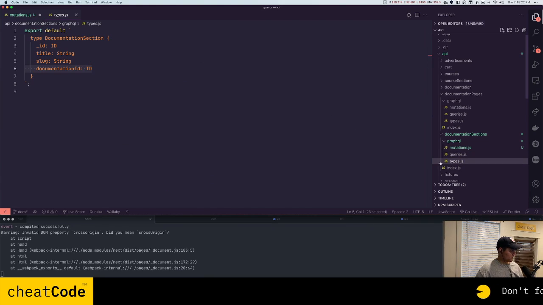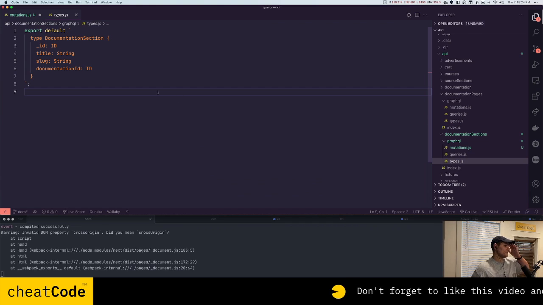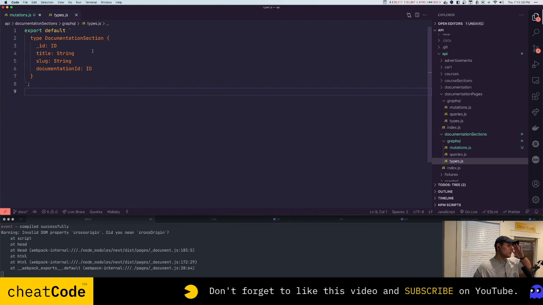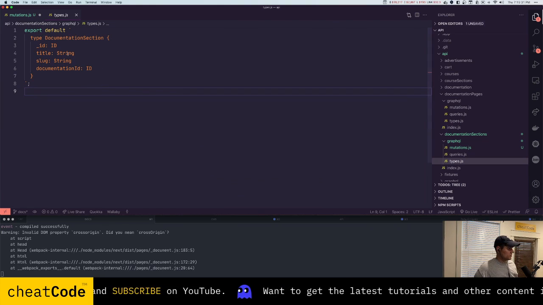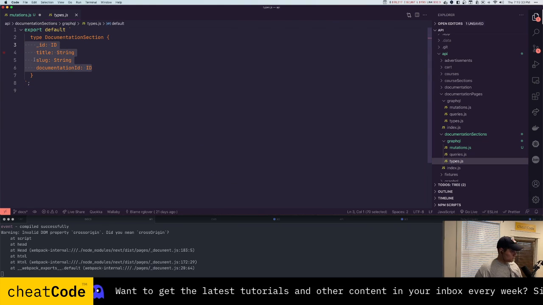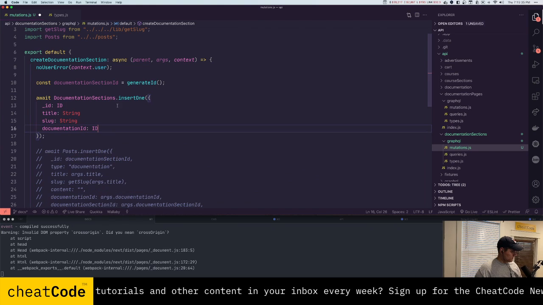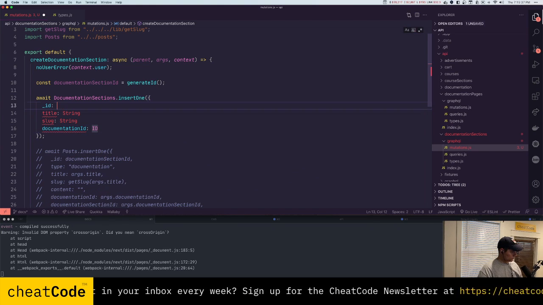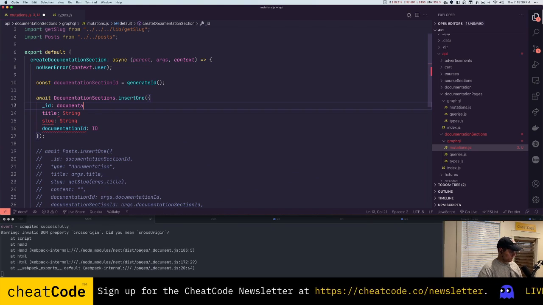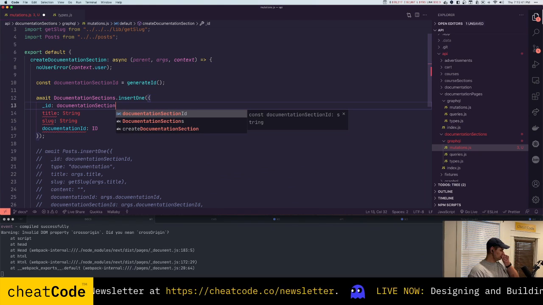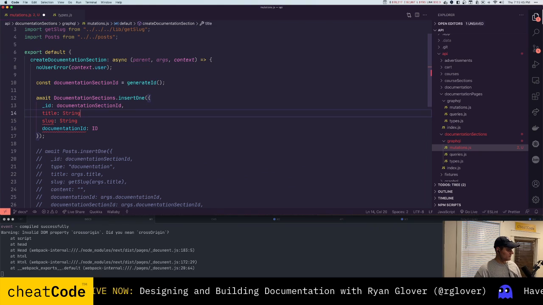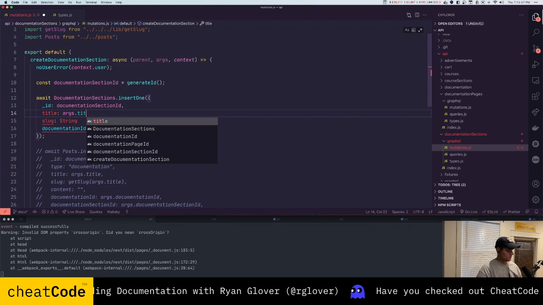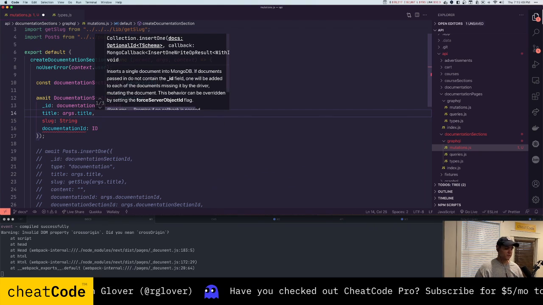So let's look at our types. So what do we have on these things? We've got an ID, title, slug is generated in a documentation ID. Okay, so what I'll do, copy that. And we'll say, okay, well, we know documentation section ID. Title, we're going to pass that in from the client. So we got to think a little bit ahead here. So